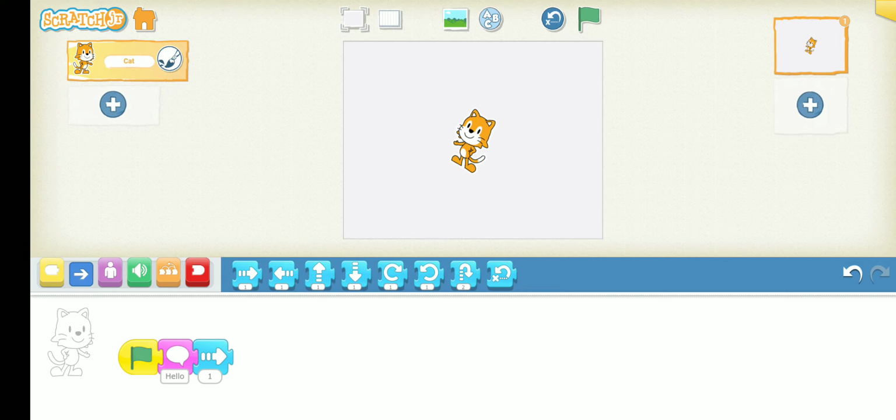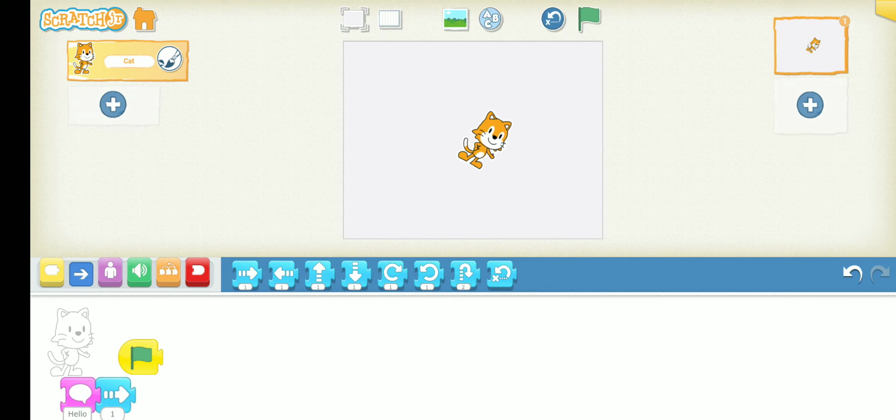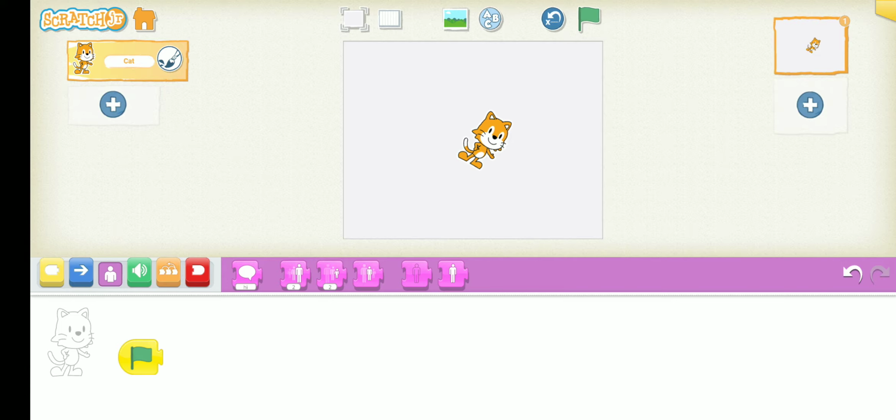Now let us click on the green flag. See, it is telling hello 5th standard. Right. Now let us explore more blocks. I am deleting this one. Come to the purple block again. Here we can see this growing option, the second one. It means whenever you use this block, your cat or whatever object you have taken on the screen will grow. So let us click on this green flag and check.